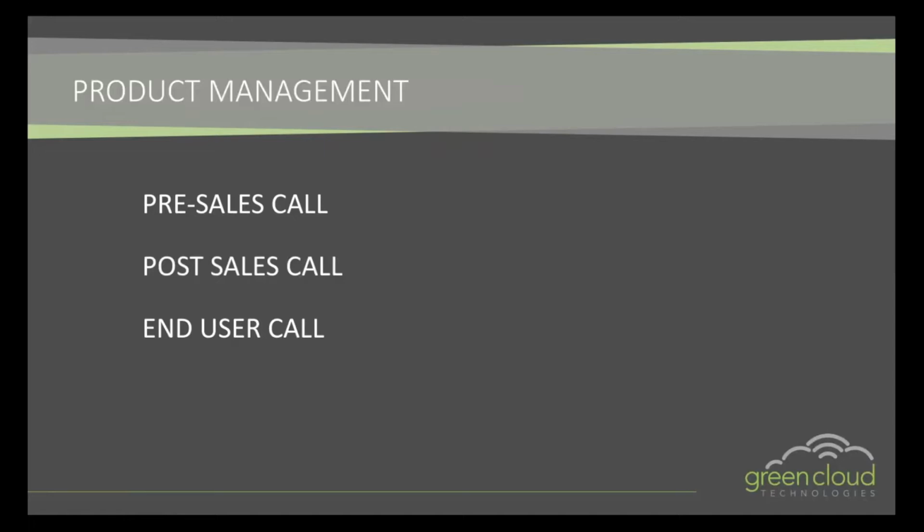And then also sometimes there'll be the occasion where, to get over the last hurdle, or like I said, you've maybe pitched or positioned a certain solution, and now you're looking to increase market share with your end customer. Maybe you started with a product like backup, but now you're looking toward disaster recovery, or maybe you're looking at desktops or security or infrastructure. You've got your foot in the door, you've sold them certain products, and now you're looking to expand on that product base. That's where we would come in and work with you and talk to your end customer and see what we can do from a Green Cloud perspective to make sure that we continue using your services as well